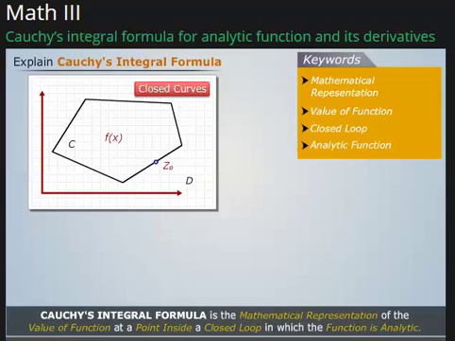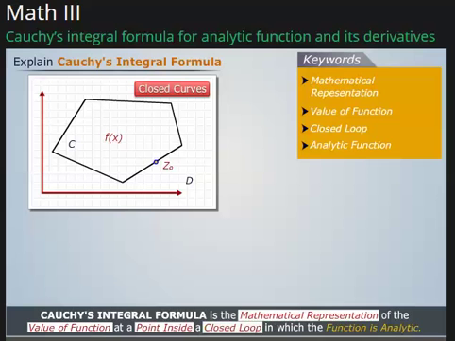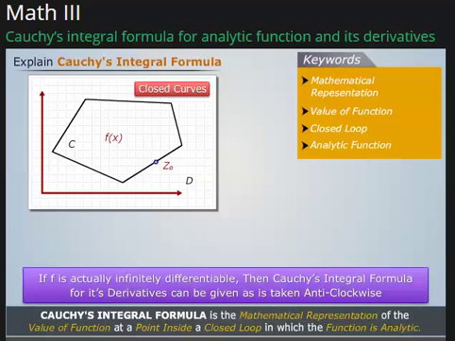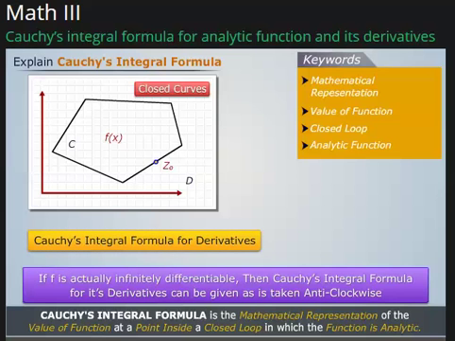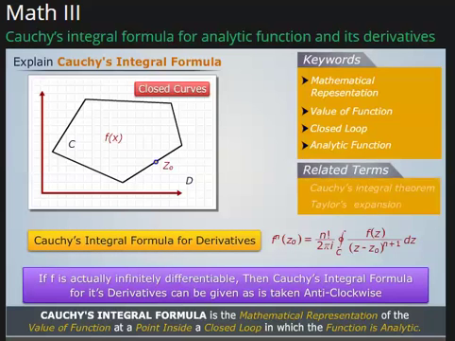Hence, Cauchy's integral formula is the mathematical representation of the value of function at a point inside a closed loop in which the function is analytic. If f is actually infinitely differentiable, then Cauchy's integral formula for its derivatives can be given as. Related terms are